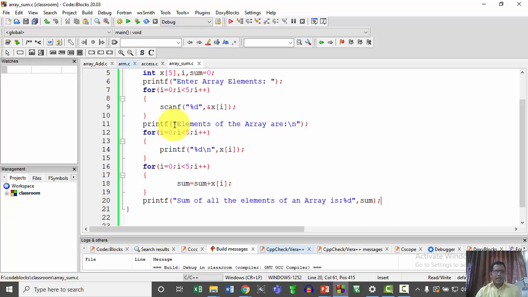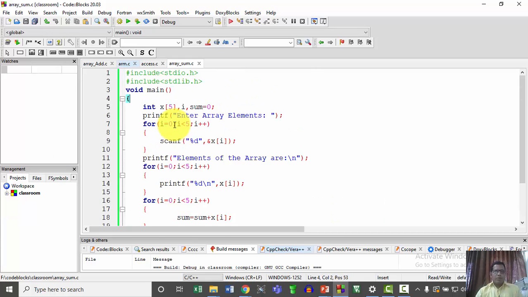So let us see this program in the programming window. So consider this program, right? So here I am going to declare int x of 5, that is an integer array, then the variable I to keep track of all the elements, and then sum is equal to 0. Then printf enter array elements, right? So now I am going to enter the elements for this array. So for that scanf %d ampersand x of I. So 0 to 4, so total 5 elements I am going to put here,